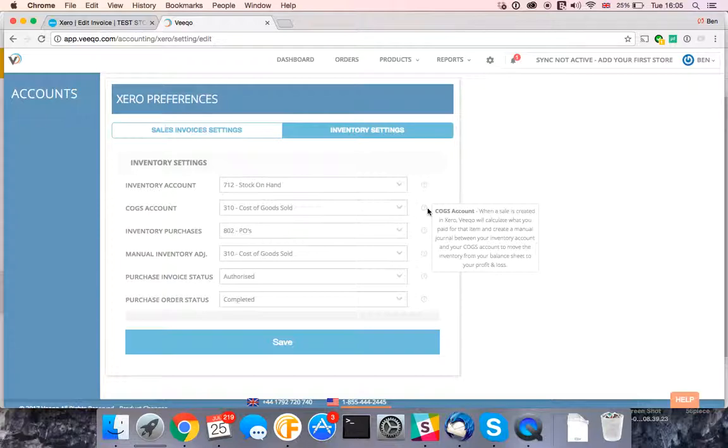So again, cost of goods sold. You sell something for £20, it cost you a certain amount to buy that product in the first instance. So Vico will calculate what you paid for the item and create a manual journal, which is where we had to set the advisor option. So we'll say, right,